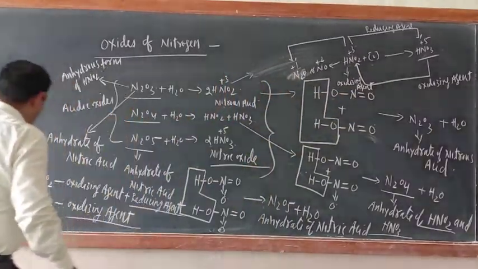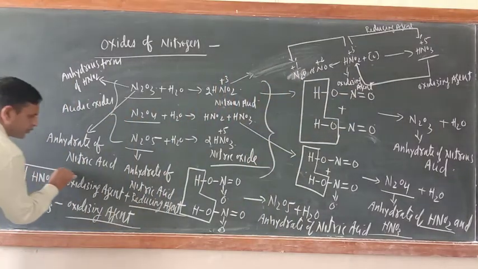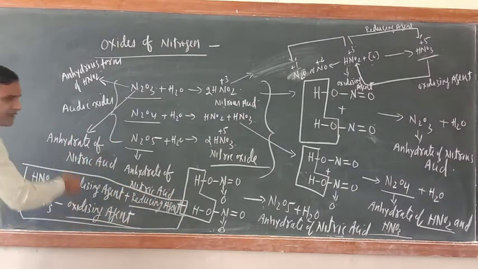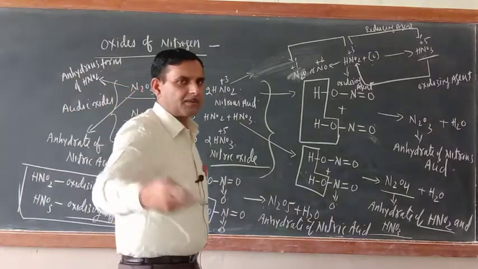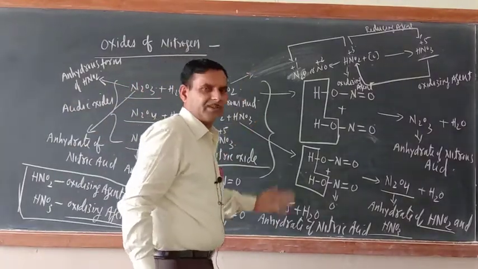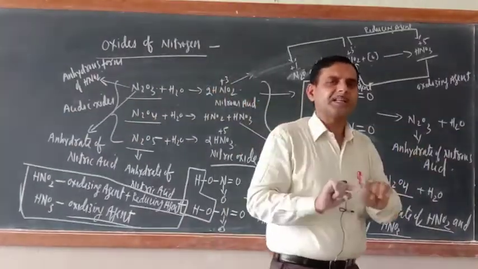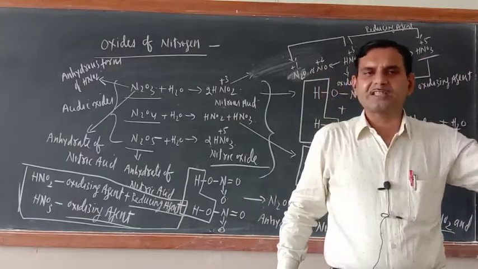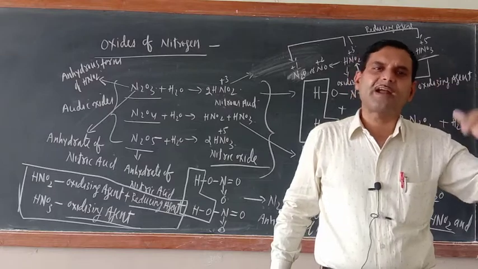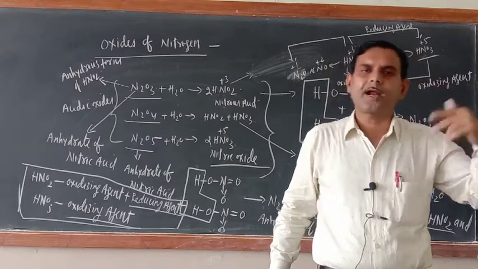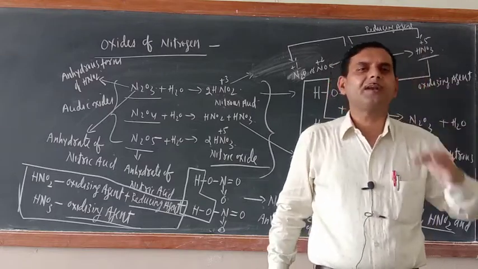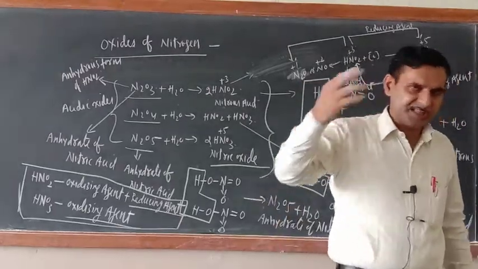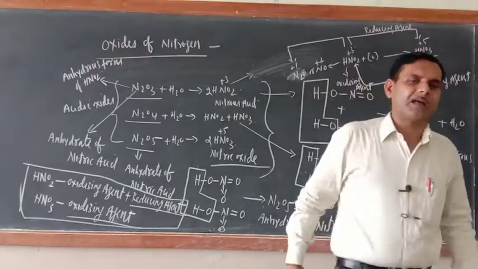So these are the important information. Just note them down. Why did I tell it here only? Because in upcoming videos, in the upcoming syllabus, this will be needed very much. So today the duration of the video is almost completed. Now the remaining information like method of preparation of N2O3, N2O4, N2O5, properties of N2O3, N2O4 and N2O5, their application, their structure, I will complete in tomorrow's video.